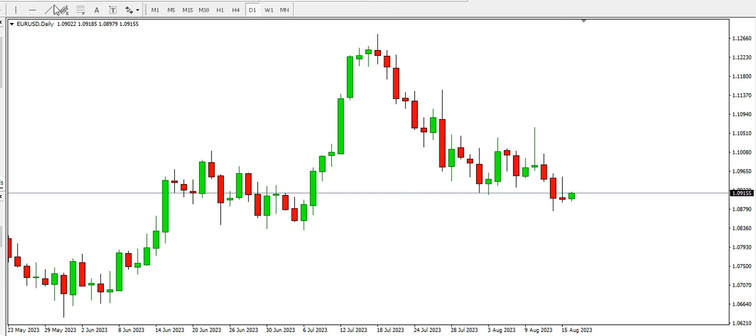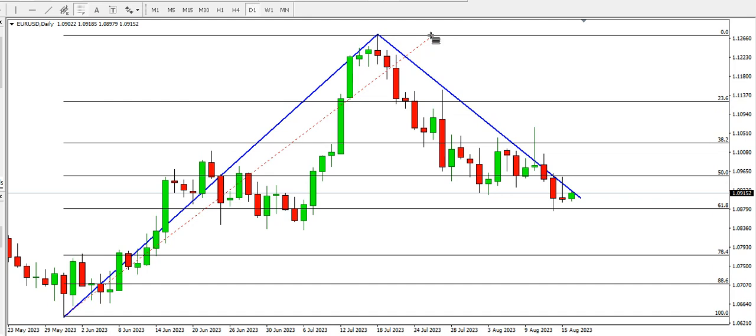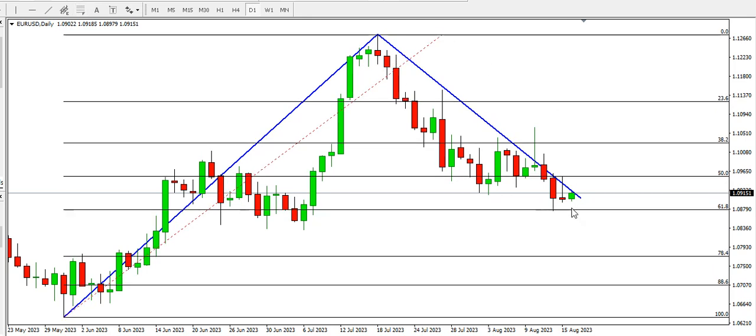Okay, this is an impulsive wave, an impulsive price movement, and so far this is a retracement. If we are going to use Fibonacci to know the extent of the retracement, it retraced up to the 61.8% Fibonacci level. So if price is going to go up, we can see that the trend is somehow weak, and